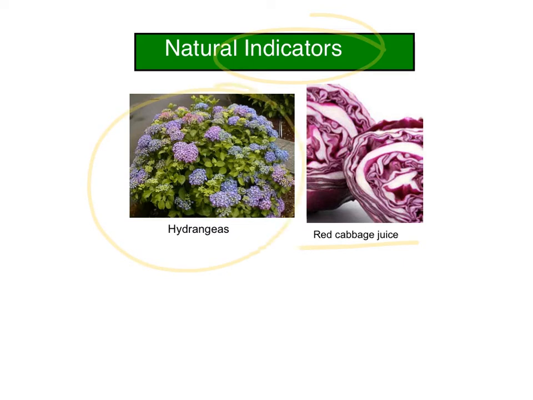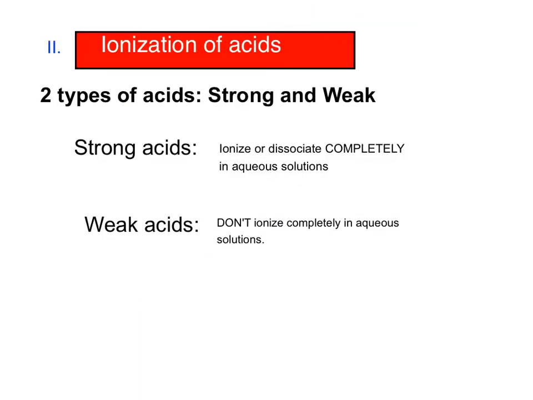Hydrangeas will turn different colors based on the pH of the soil. And so that's kind of cool. If it's basic, I think it's more purple, and if it's acidic, it has more of a pink color to it. Acids can be classified as strong or weak, and I would just say be careful with this term